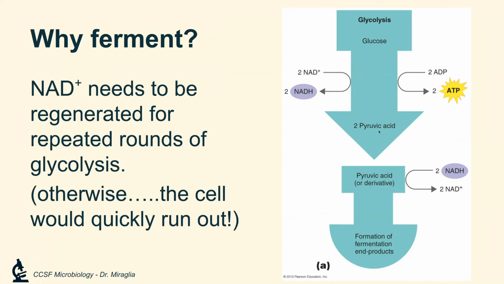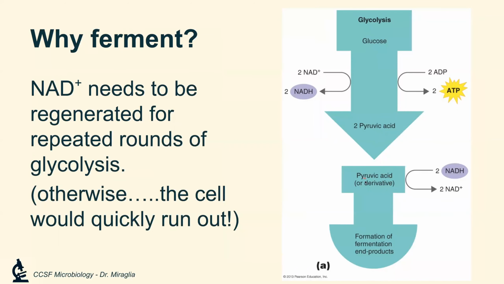However, if all you're doing is stopping here at pyruvate, eventually all of the NAD plus is converted to NADH, and now the cell doesn't have NAD plus anymore. And if you don't have NAD plus, that will shut down this process, and now you can't generate any energy at all. And so a cell that doesn't undergo aerobic respiration needs some other way during glycolysis to regenerate NAD plus from this NADH. And that's what fermentation is. It's just another step that occurs after glycolysis that results in the regeneration of NAD plus.